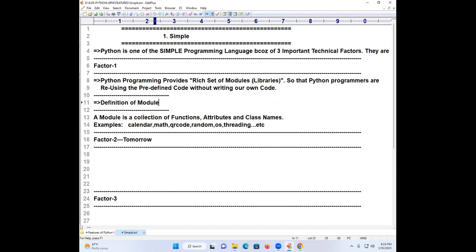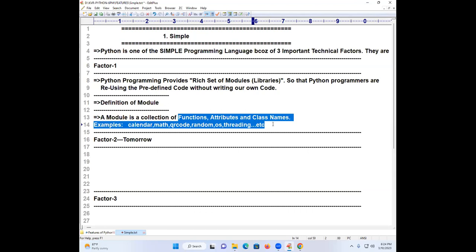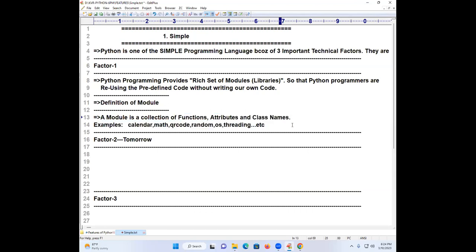Modules in general words are called libraries, so that Python programmers reuse predefined code without writing their own code. What is the definition of a module? A module is a collection of functions, attributes, and class names.